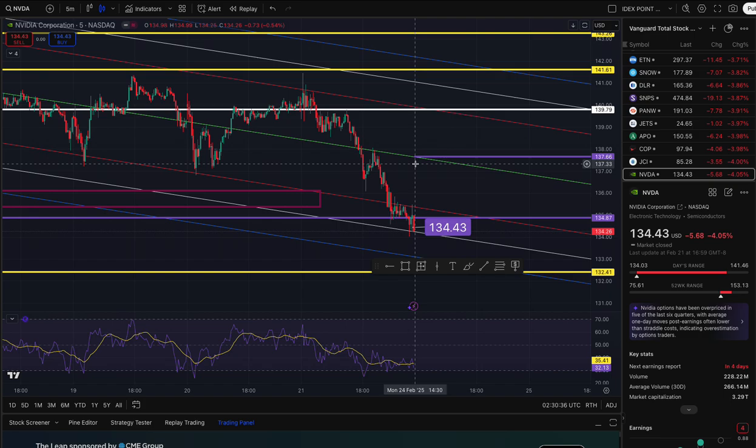Above that, at the baseline and the middle of the trend, 137.66. Ignore the white line. That's a previous one-year price target that we have already met. Above that, 139.93, another level of resistance and a potential take profit area, 141.05, and at 4 standard deviations, roughly